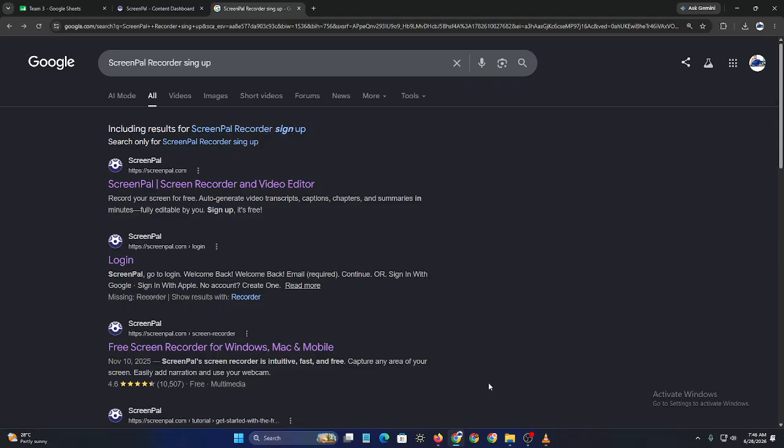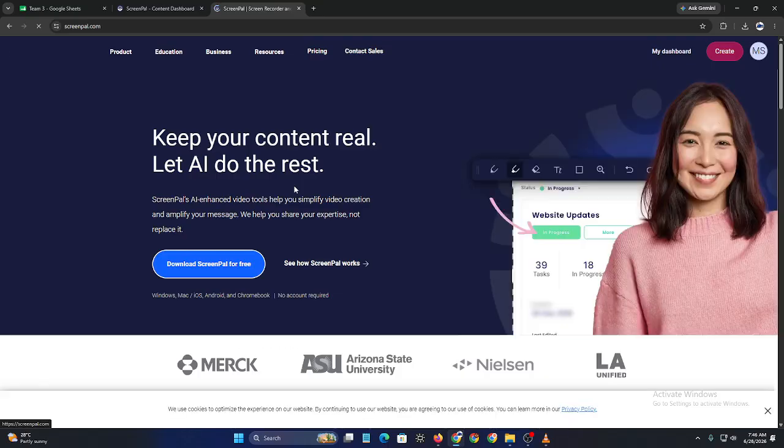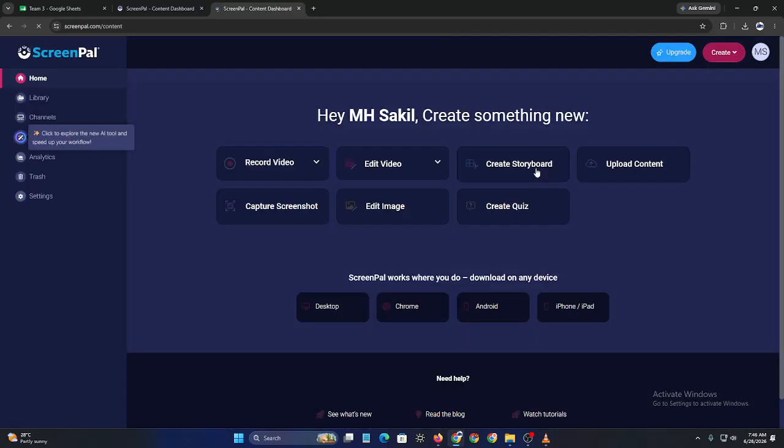So let's get started. First, make sure your computer meets the recommended system requirements for ScreenPal. Recording high-quality video requires sufficient processing power, memory, and available storage space. Next, close unnecessary applications before recording. Running too many programs at the same time can reduce performance and lead to lag, dropped frames, or lower recording